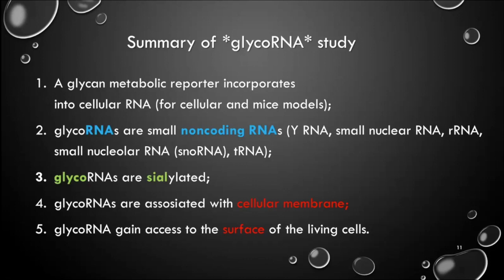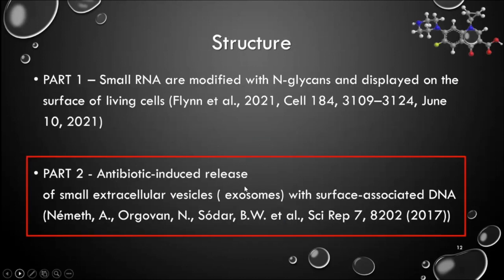GlycoRNAs are small non-coding RNAs, and the glyco part of them is chelated. The glycoRNAs are associated with the cellular membrane, and they gain access to the surface of the living cell. So when we're talking about the surface of the living cell and the cellular membrane, it's the best time